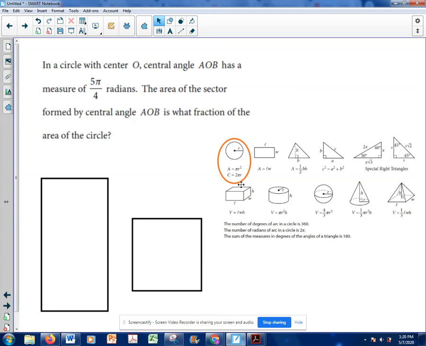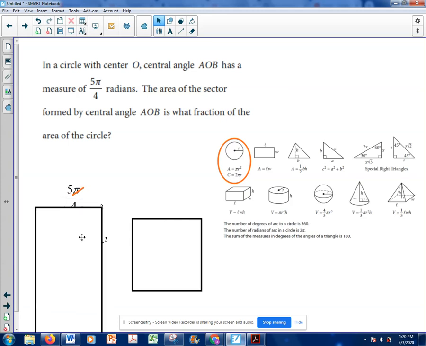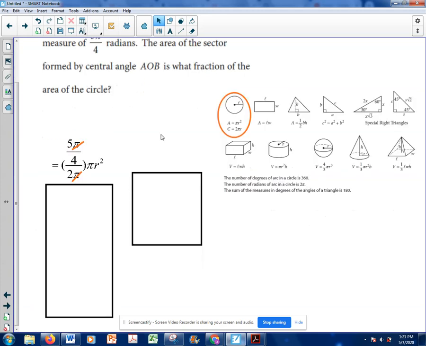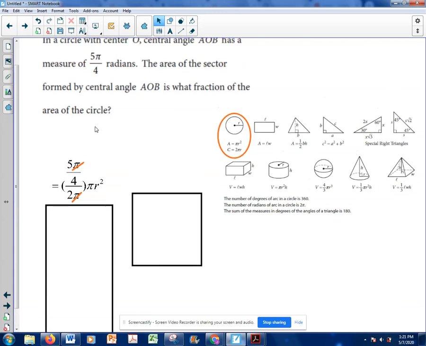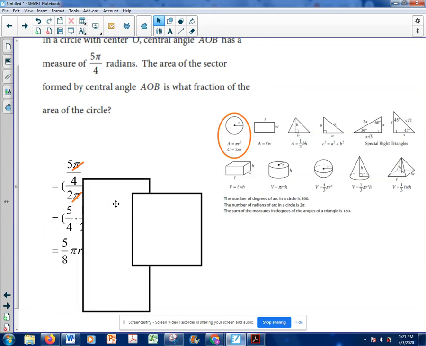Okay, in case you forgot your area formulas, please remember they're at the beginning of the SATs. There it is. There are your formulas. So let's see. First, we've got radians, so we're using theta over 2 pi. So I put in the measure of the angle, 5 pi over 4, on the top, and there's 2 pi. There, the pi's cancel first. So then you're going to get,